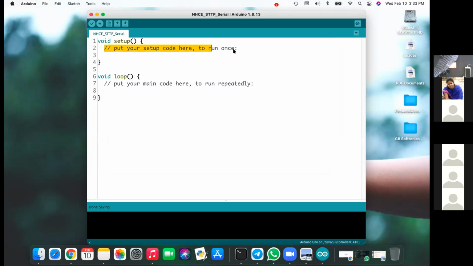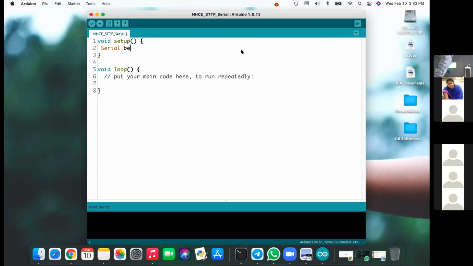Okay, so my setup function contains Serial.begin(9600). And suppose I write the Serial.print function here itself, hello world.